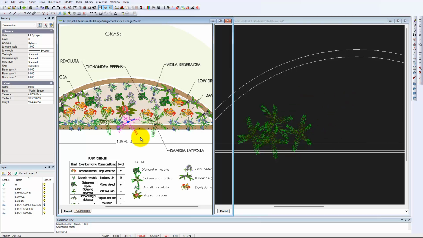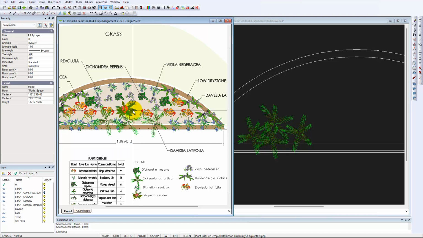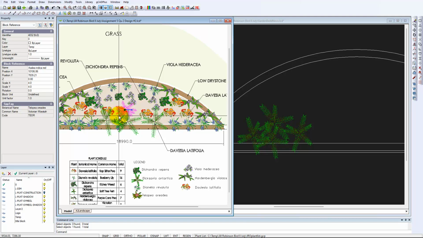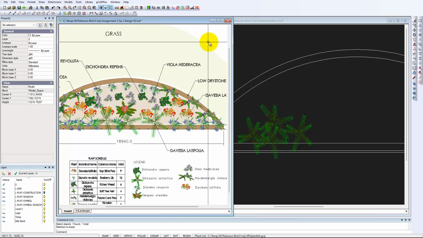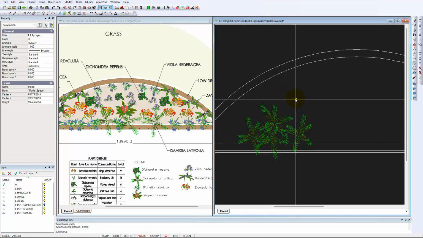And if we come back over to the left, this one is rather odd from my point of view. The designer has labelled this one Azalea Indica. Sorry, let me rephrase it. It's a block, a symbol called Azalea Indica, but they've assigned it to the Victorian Waratah Telopea. So that to me is slightly confusing, but if we come back over to our design, we need to go back into the library and plants,